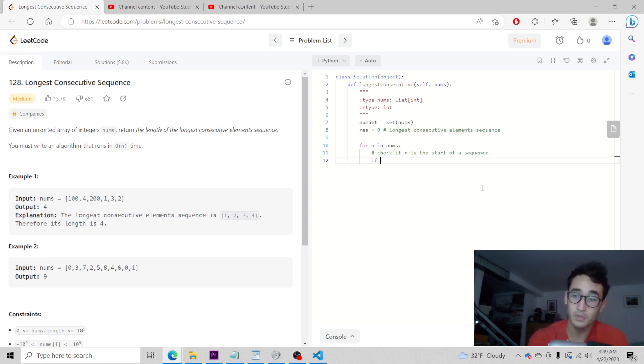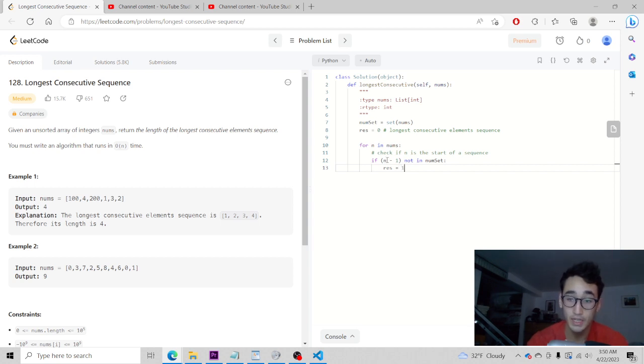So what we can do is look at this, and if n minus 1 is not in numset, what we can do is say the result, which is the length of the consecutive element sequence, is 1.